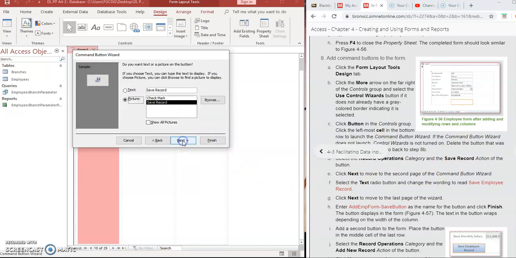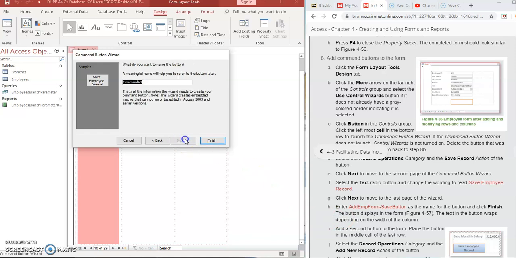then click next, and then select the text radio button, which is here. Click this text radio button, and then the wording should say save employee record, not save record. We're going to say save employee. We are just creating a button, okay, which would say save employee record. Click next, and then